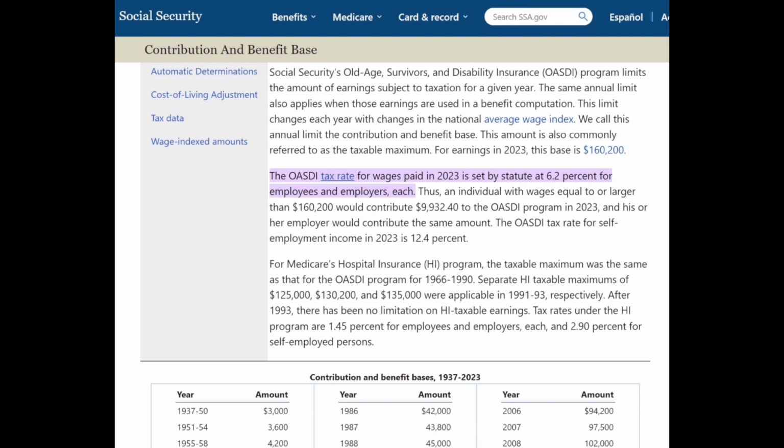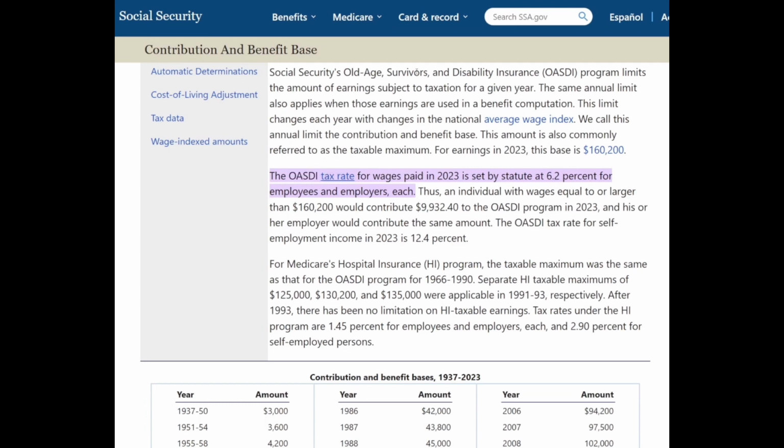So you have your gross wages that you earn, so your hourly rate times the amount of hours that you've worked, and then maybe any miscellaneous income that you might have. So it could be like a bonus, whether it's performance-based or maybe just a holiday bonus or something like that. Right? So those are all your gross wages. And then you'll have your tax deductions. So for the Social Security taxes, if you're reviewing your pay stub, it's going to look something like this. It's going to say